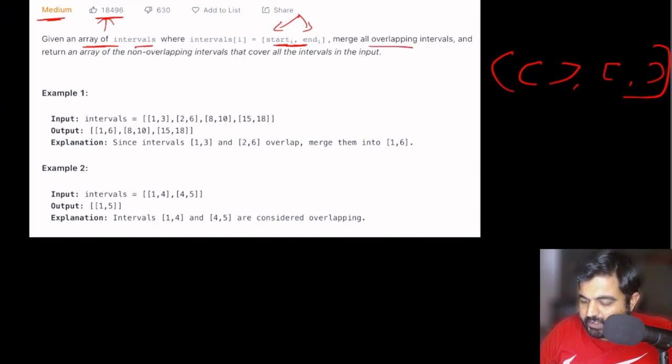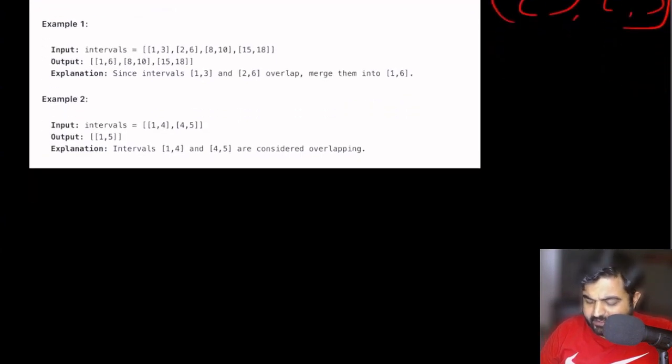Now we need to merge all the overlapping intervals, nothing more than that. Pretty simple. When we are done merging, we need to return an array that does not contain any overlapping situation, so all the non-overlapping intervals are present. Let's try to understand this with a couple of examples.